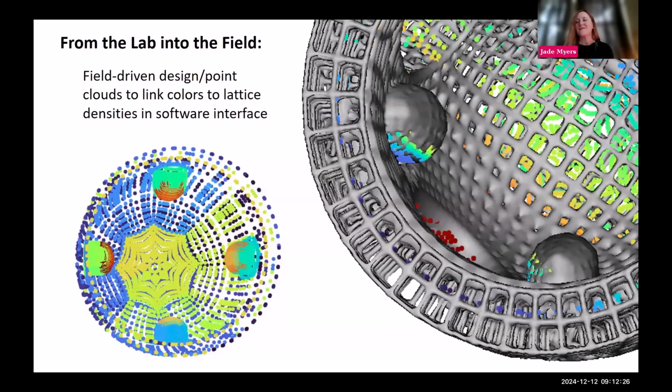They already have an expertise. They don't need to learn a whole new one. So finding a way that we can use, in our case, we're using nTop in field-driven design and taking point clouds from scans and things like this, so that we could link colors, like map colors to different